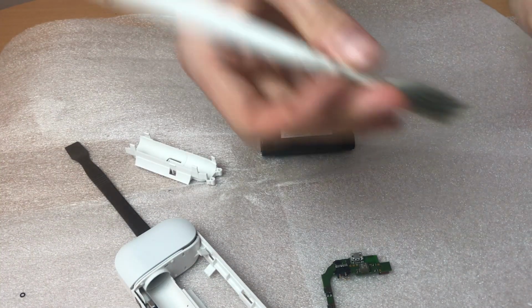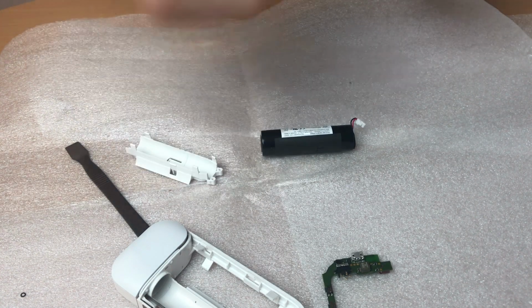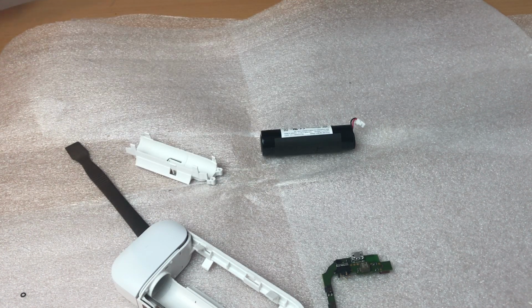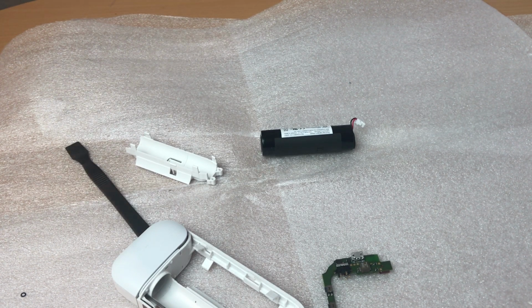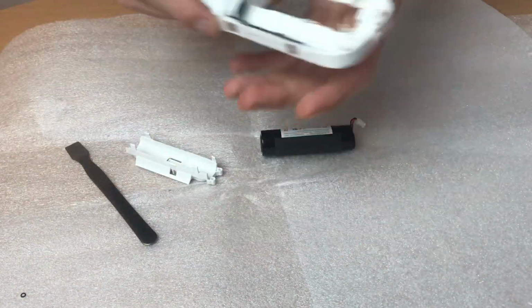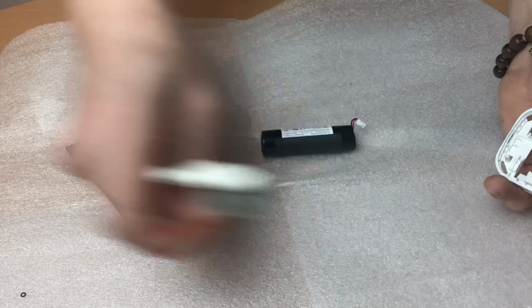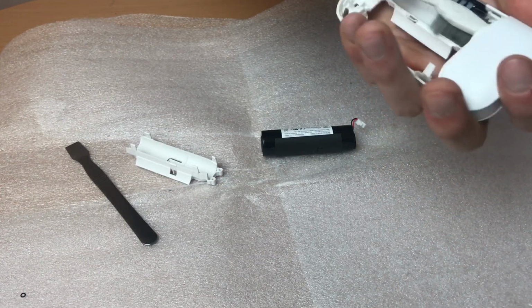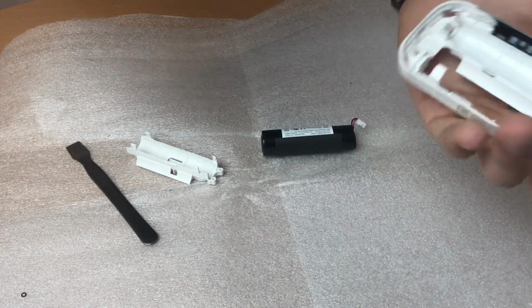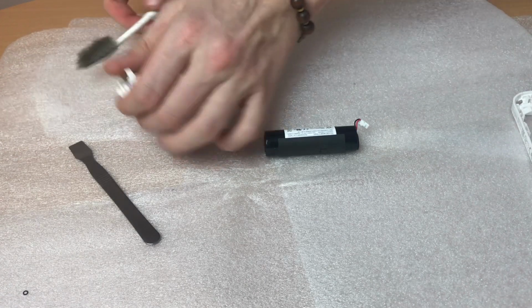Alright, I got a toothbrush. If you don't want, you don't need to take one, but you can clean it with a paper towel or wet towels. I would like to clean it better with some rubbing alcohol, the case and not the motherboard, as it's not that dirty, but I will clean this pen housing. And I will clean